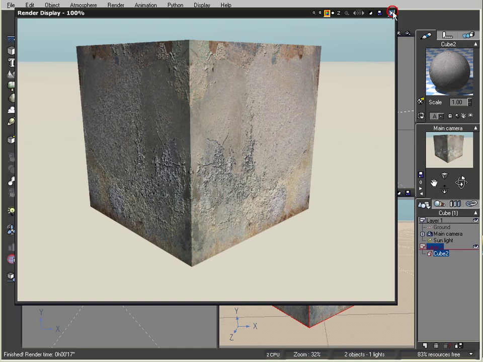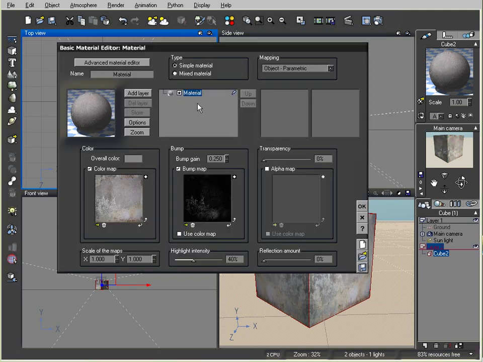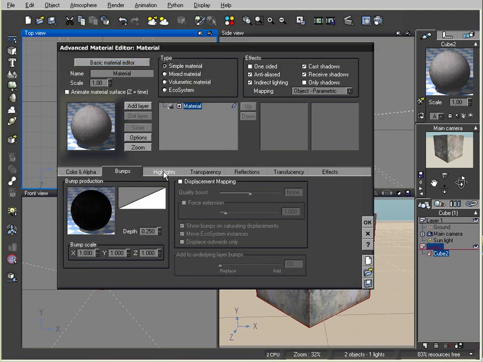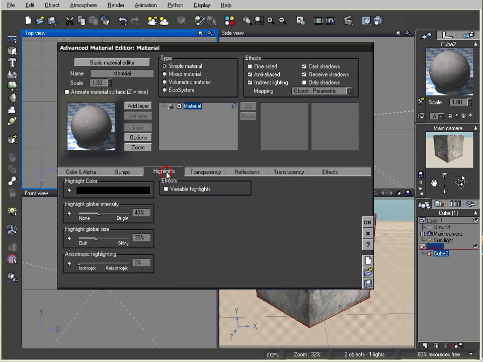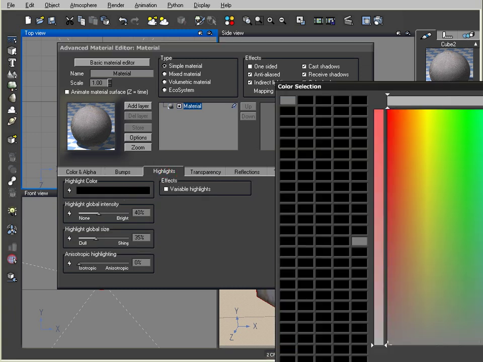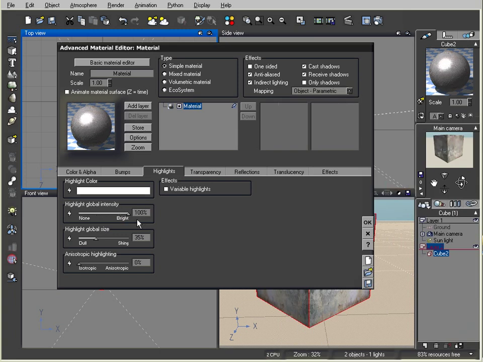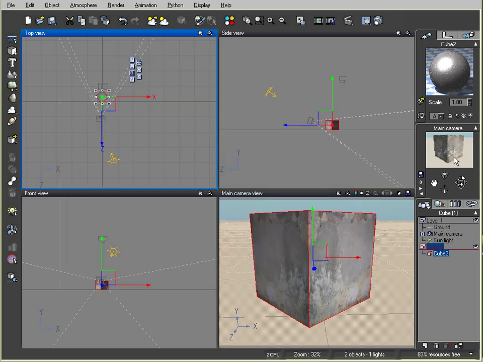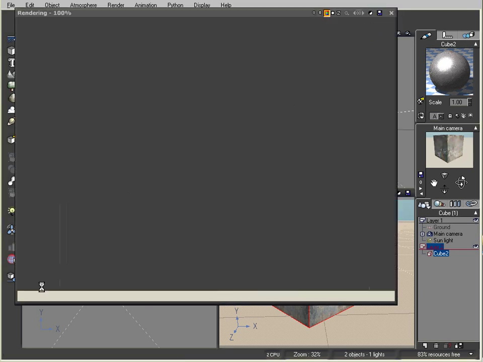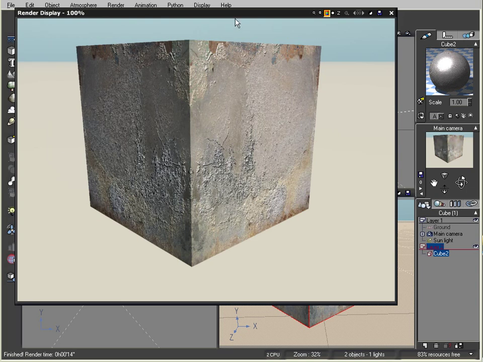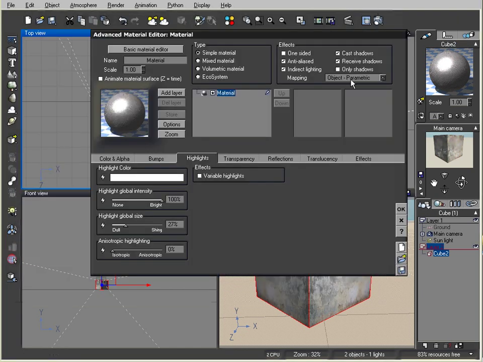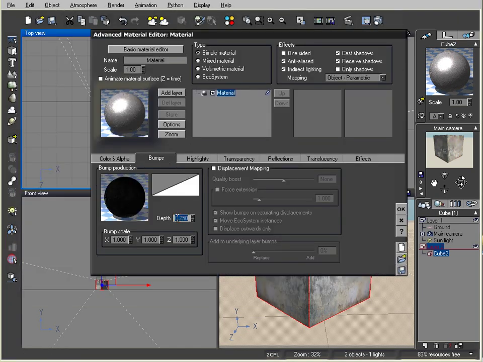And let's take this one level further, and let's apply a specular map to this. Let's add some highlights to this. Click OK. I'm going to bump it up really bright, and I'm going to make it dull, and let's see what effect it gives. All right, with that bump map, with just regular highlighting, this is the effect that it gives us. I'm going to reduce our bump all the way down to 0,